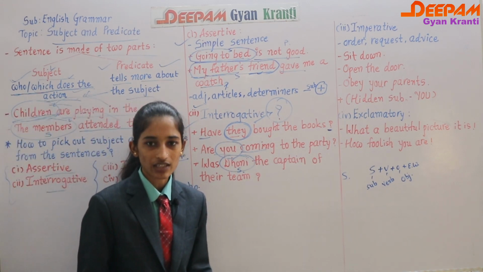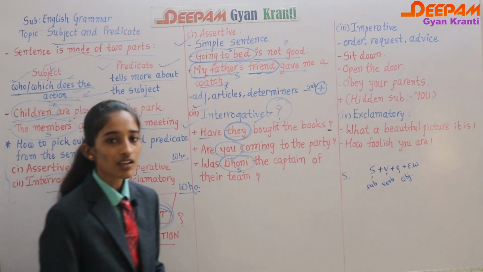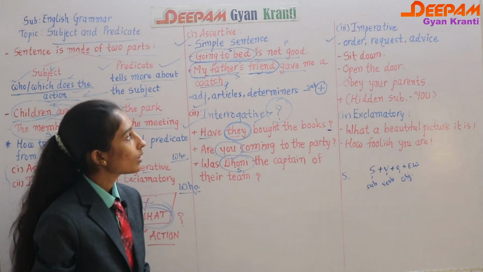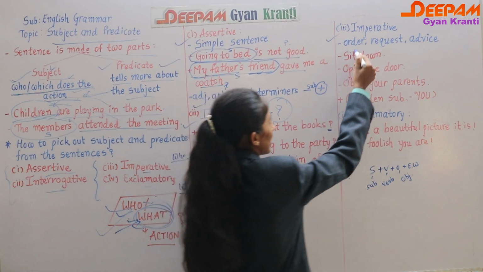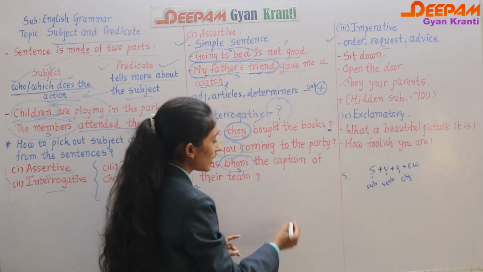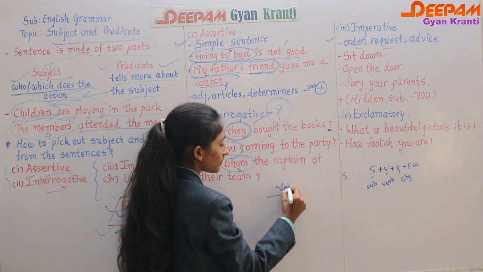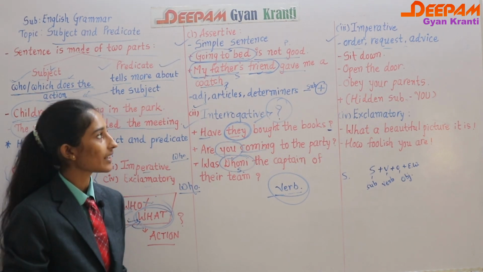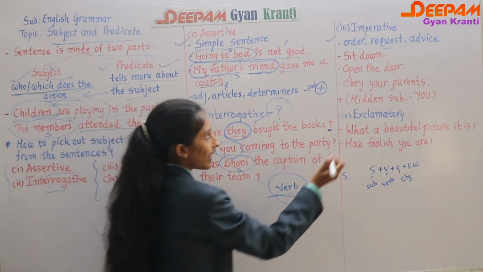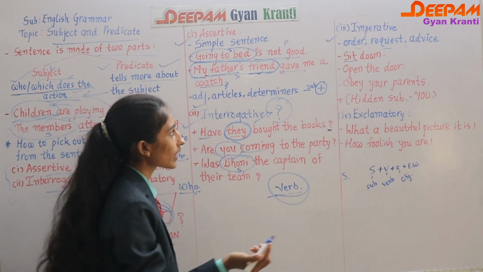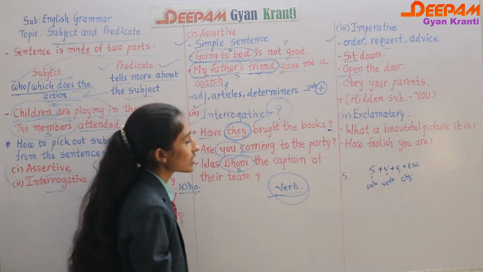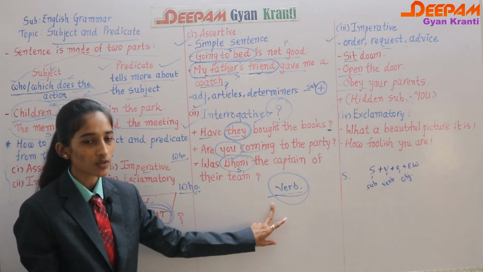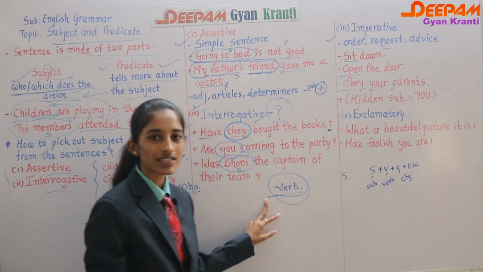Now what is an imperative sentence? Generally that is totally different. How can you get the information that it is an imperative sentence? An imperative sentence indicates order, request, advice and all that. When you find that the sentence starts with a verb, at that time we come to know that it is an imperative sentence. See, sit down. Sit, that is a verb. Open the door. Open, that is a verb. Obey your parents. Again obey is your verb. Okay, action words. So an imperative sentence always starts with a verb.